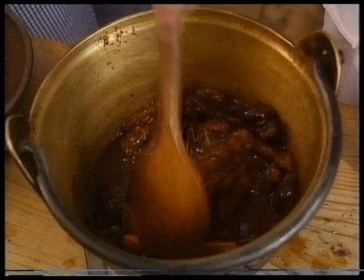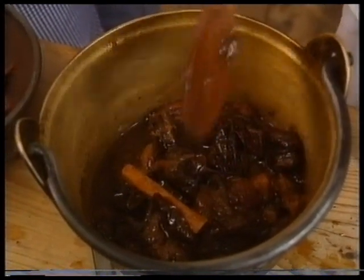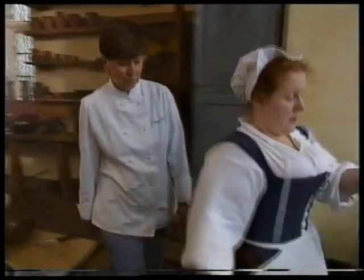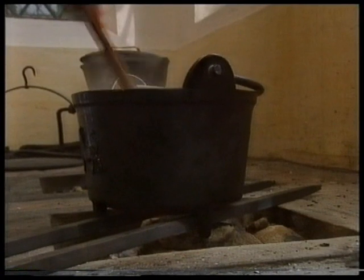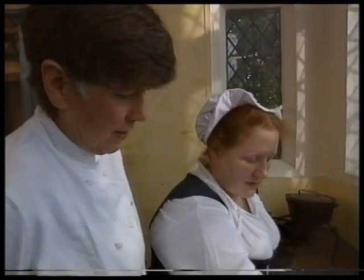And with your roast peacock, you might have enjoyed a spicy prune sauce. Now it goes on the fire to simmer until the prunes are nice and soft and squishy. It's a sweet little pot. It's got 3 legs. Yes, they're called posnets, and...